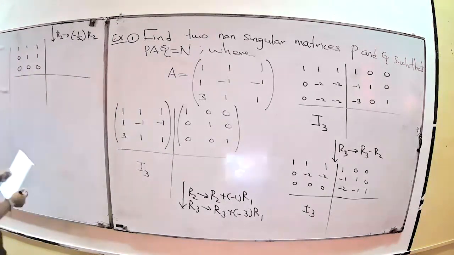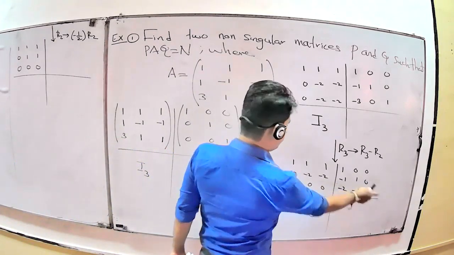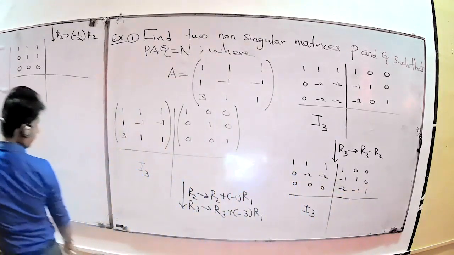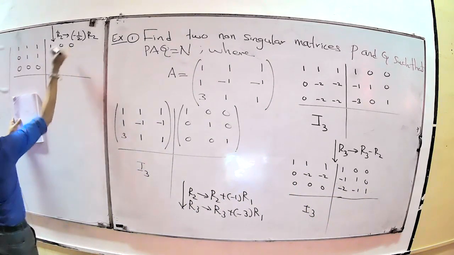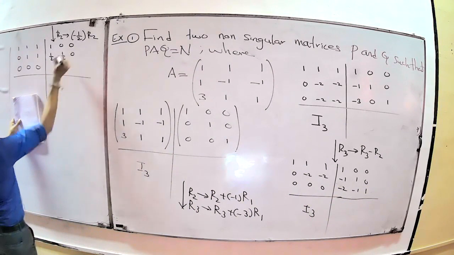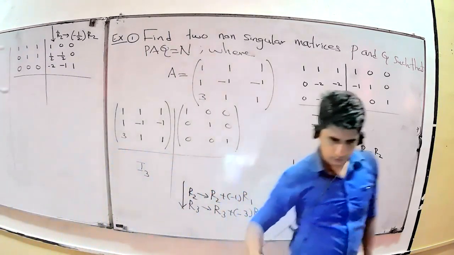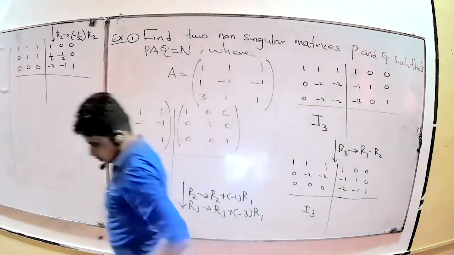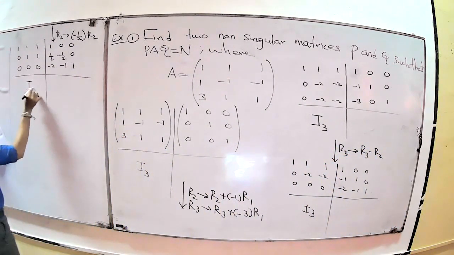Is it okay? Yes, because suppose you do the row operation here also, you want to do the row operation, minus half, plus half, minus half, 0. Here the remaining does not change. Here half, minus half, 0, here does not change, minus 2, minus 1, 1. Is it okay? Minus 2, minus 1, 1, here the remaining does not change because you only do the row operation.